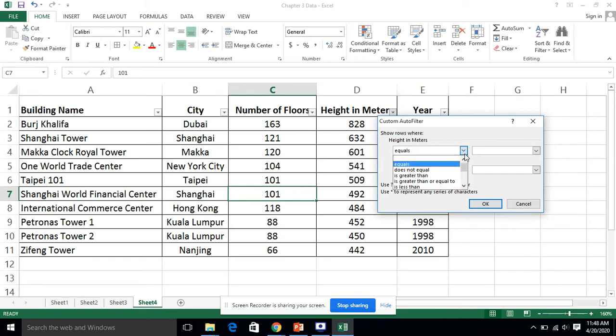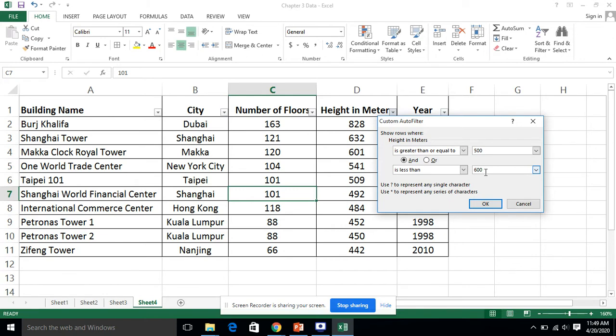Over here, I say height in meters is greater than or equal to, let's suppose, 500, and height in meters is less than, let's suppose, 600.